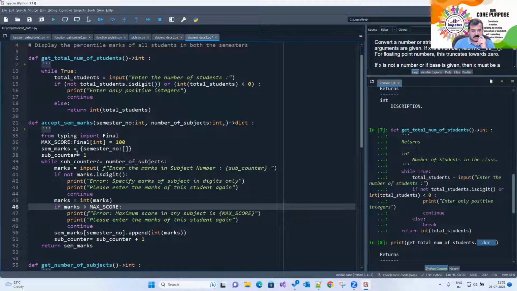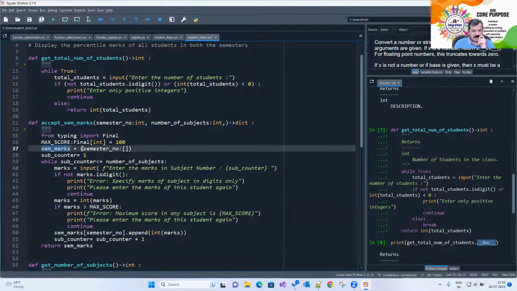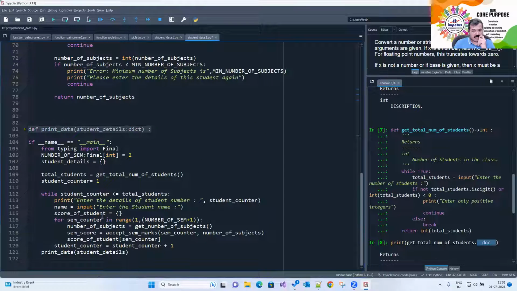ये जो है सेम मार्क्स, सेम मार्क्स नहीं कहा था हम लोग, यहाँ स्टूडेंट डिटेल था, ये स्कोर ऑफ द स्टूडेंट जो है, ये डिक्शनरी है समझो। तो इस डिक्शनरी में की क्या है? स्कोर ऑफ द स्टूडेंट में एक तो है सेमिस्टर नंबर और दूसरा है उसके मार्क्स। तो एक्सेप्ट स्टूडेंट मार्क्स में से डिक्शनरी रिटर्न करने की जगह विल रिटर्न अ लिस्ट।